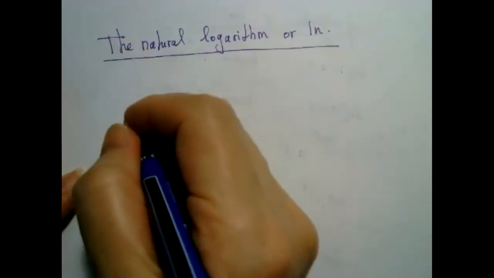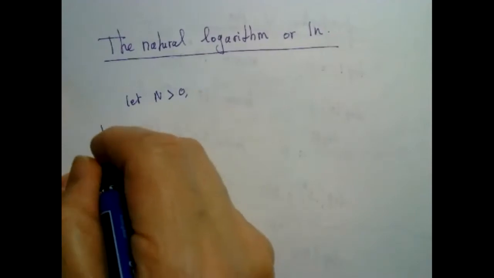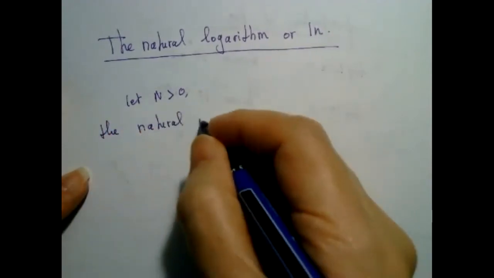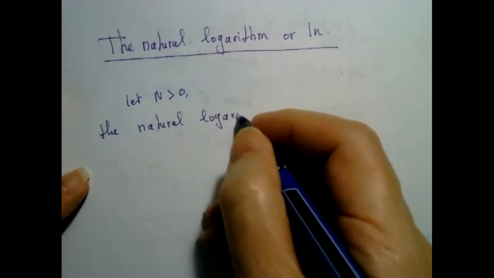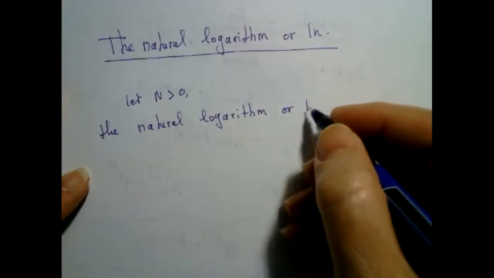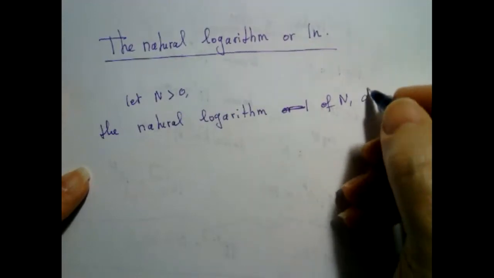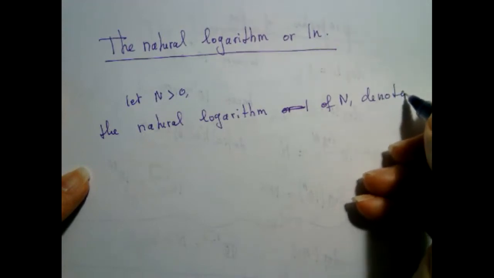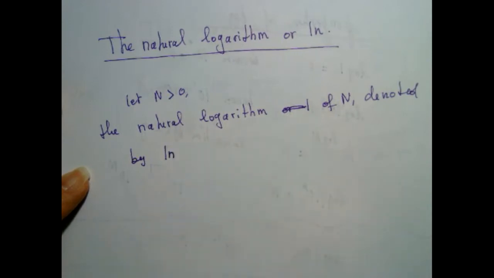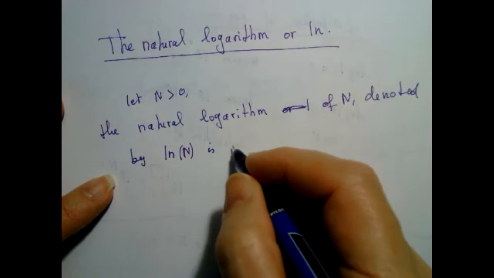Let n be a positive number. Then the natural logarithm of n, denoted by ln of n, is defined by